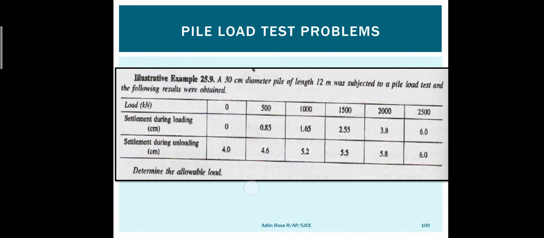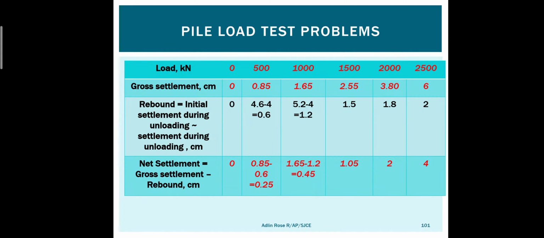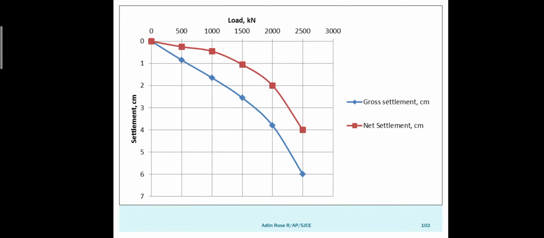In the question it is given the diameter of the pile is 12 meter. So 12 by 10 is going to be 1.2, correct? 1.2 meter. So in centimeters it is written as,